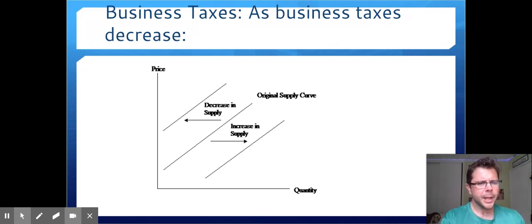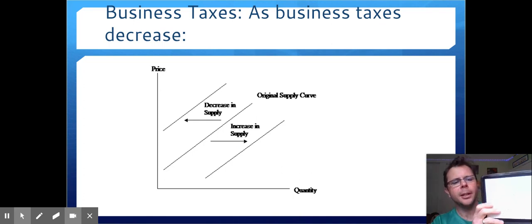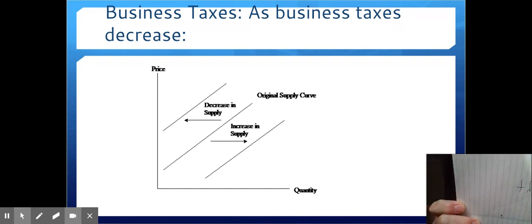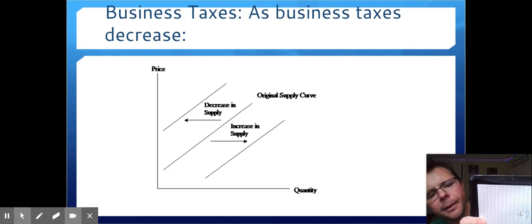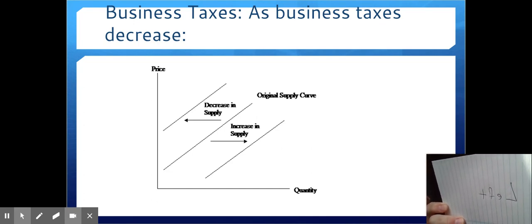And if we remember, if all of a sudden it becomes possible to make more of something, then suppliers are more likely to make more. And if suppliers are more likely to make more, the curve is going to shift which way, left or right? You guessed it, to the right. Can't see that at all, can you? No, you can't. And of course, if it becomes harder to make something, or it costs them more to make something, or the government's raising taxes to make something, then it's going to shift to the left. That's right. It's going to shift to the left. Look at that. It's on the left over there. You can read that, can't you?